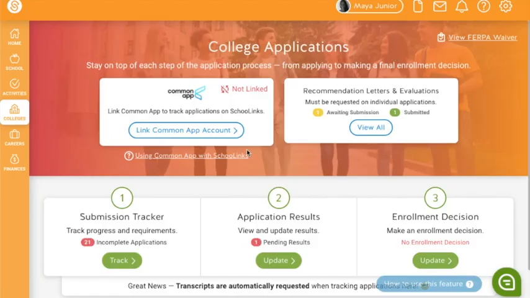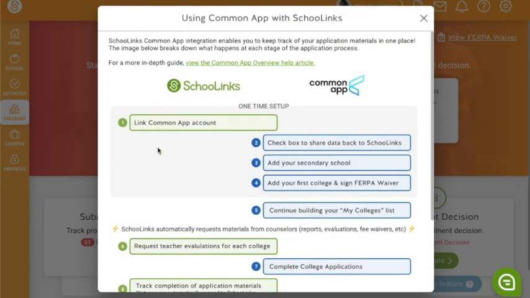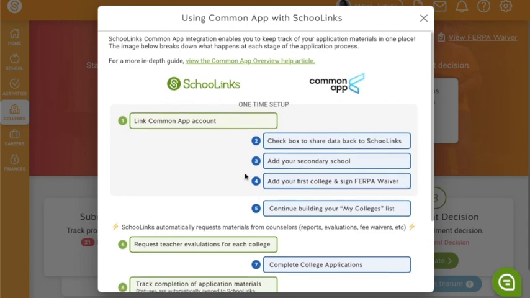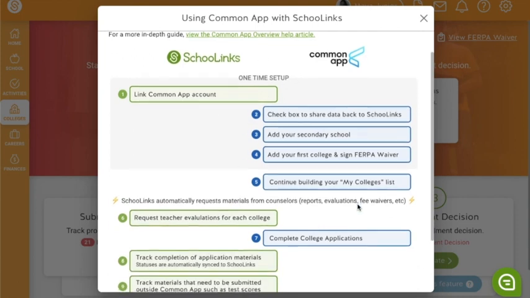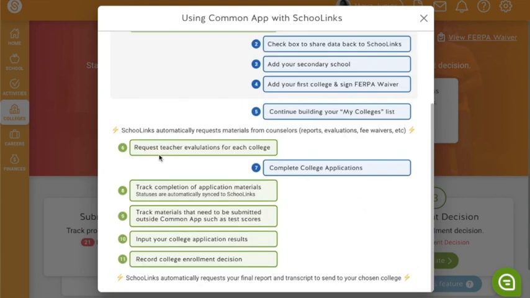The last thing I want to mention is our connection with Common App. If you click on this help link here, it'll show you what happens in SchoolLinks and what happens in Common App. There's some one-time setup if you don't have to set up your Common App account, but if you don't have a Common App account, you can go ahead and sign up for one during that process. You request teacher evaluations just like you saw me do here in SchoolLinks, and then you complete your college application